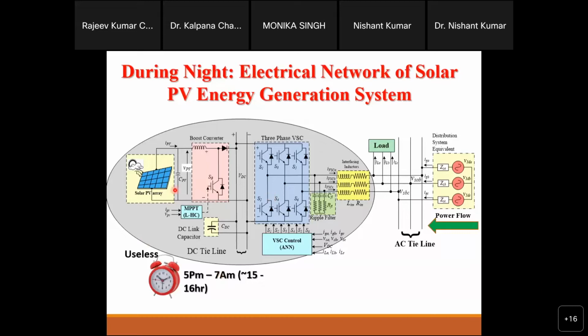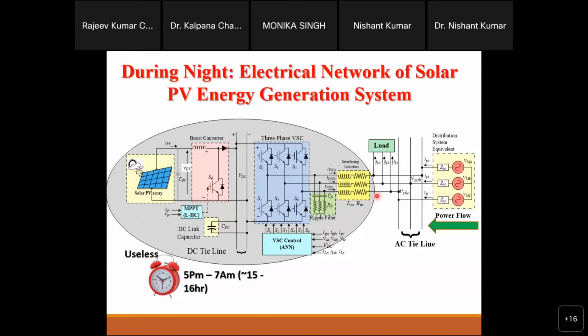The solar radiance will change; sometimes it will be low, sometimes at peak level. So the utilization of these components is not at full strength for all 8 hours. Definitely, when the solar radiance is less, the stress will be less and utilization will also be less. So on average, the utilization of this entire system is not one third, it is around one fourth, or around 25%. Then the question is again here: is there any process or any way that we can use some portion of this system in the night time also?